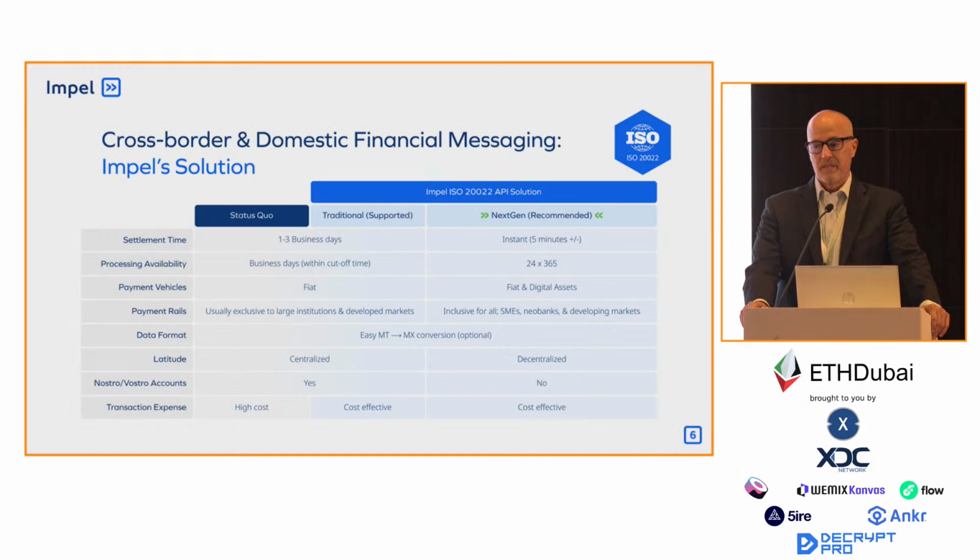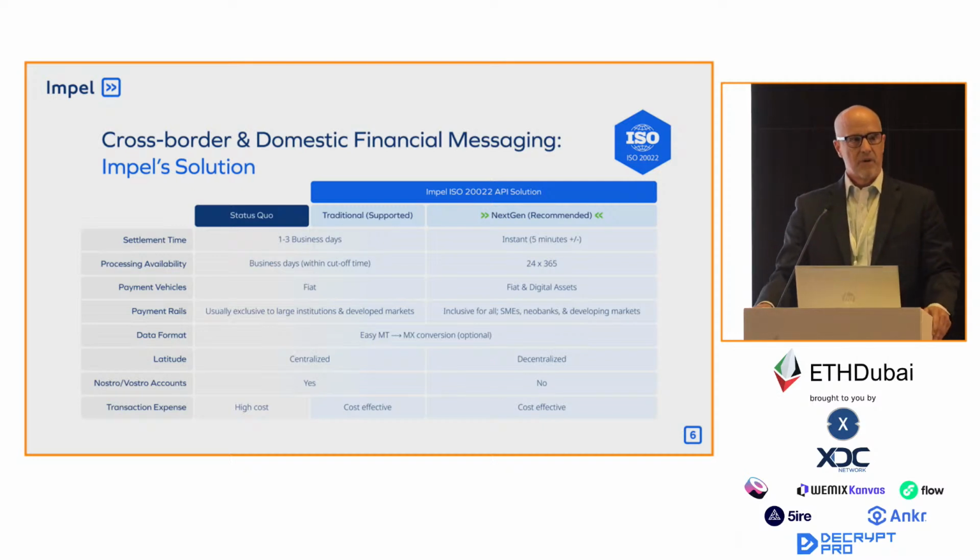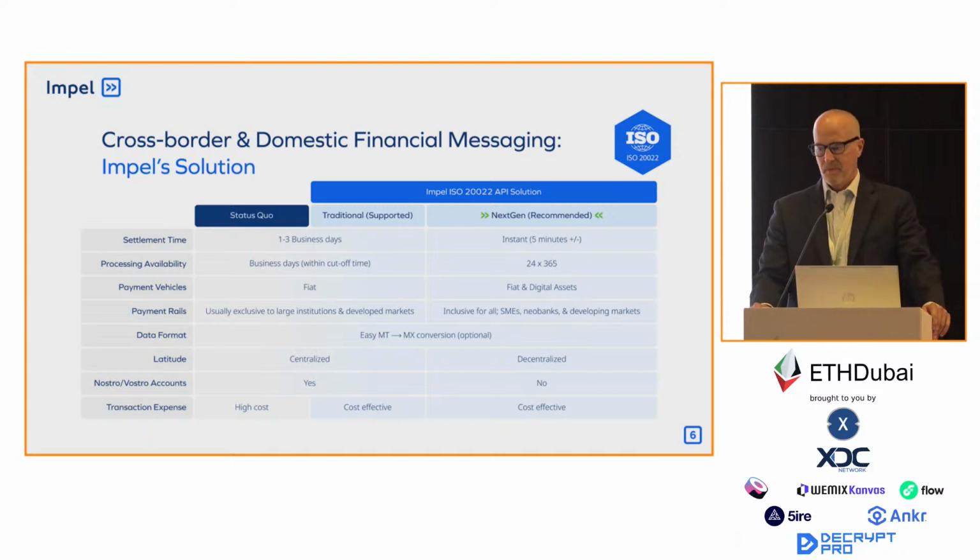For cross-border and domestic financial messaging, Impel's solution moves from the status quo, which is a 1 to 3 day settlement time, only business days. You're talking about fiat only, and it's usually exclusive to only large corporates. They also have to convert from MT to MX message types. It's a centralized model. They still have to use Nostro Vostro accounts. It's high cost and